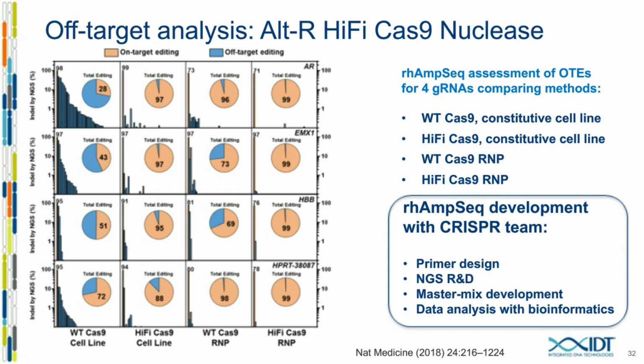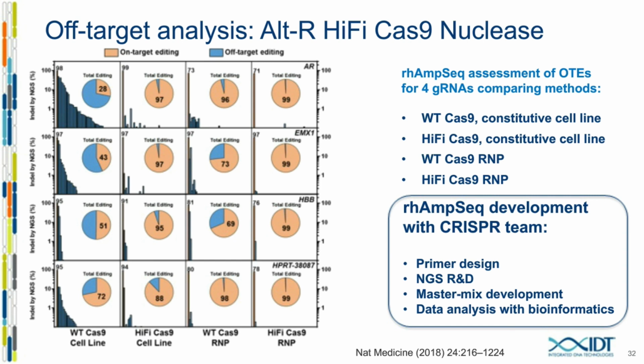delivery. So if we start by looking at a wild type Cas9 expressing cell line for HPRT down in the very bottom left square, we can see that we have 72% on target editing for this particular one, and around 28% off target editing. Simply by switching to an RNP, if you shift two boxes across to the wild type Cas9 ribonucleoprotein delivery, we can see that our off target editing has dropped to just 2%. And when we switch to an RNP for our high fidelity Cas9, we don't actually gain much. We gain a further 1%. But the change